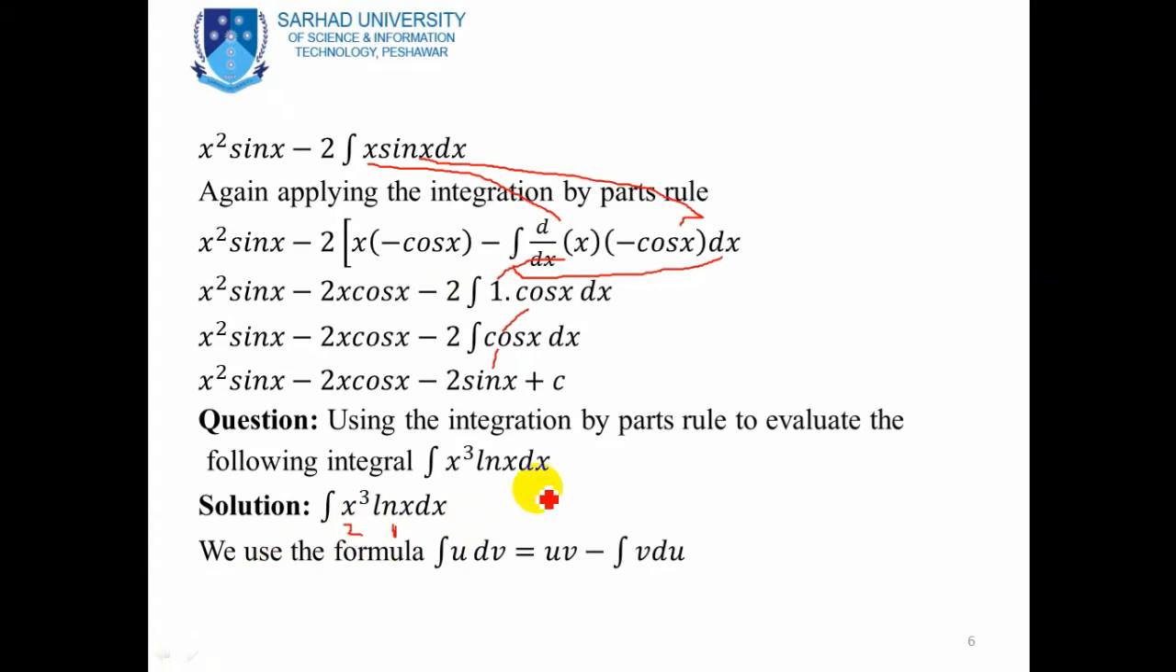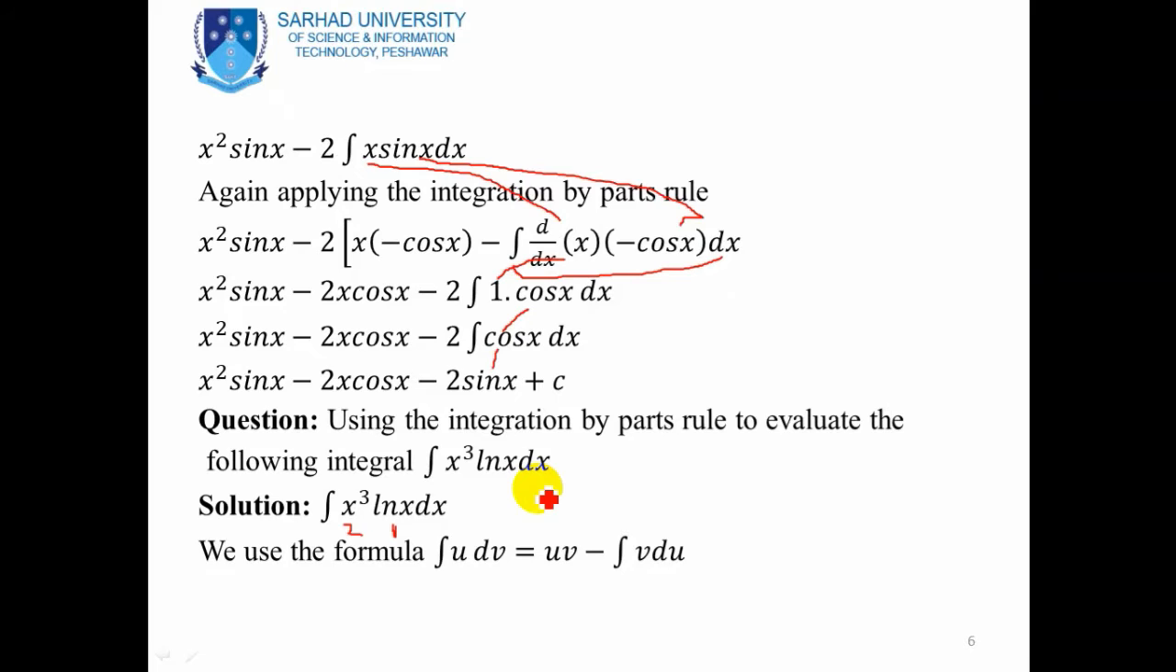Why? Because the integration of a logarithm function is not directly possible. So for the integration of log x with respect to x, we put 1, and 1 dot log x will be the product of two functions. We consider log x as the first function and 1 as the second function, because the integration of 1 with respect to x will be x, and the derivative of log x with respect to x will be equal to 1 over x. That's why in the product of polynomial and logarithm, we consider logarithm as the first function,